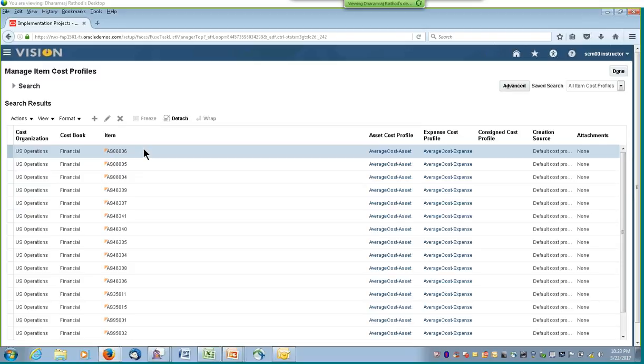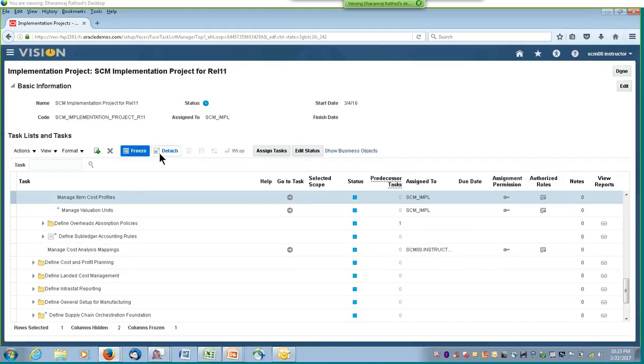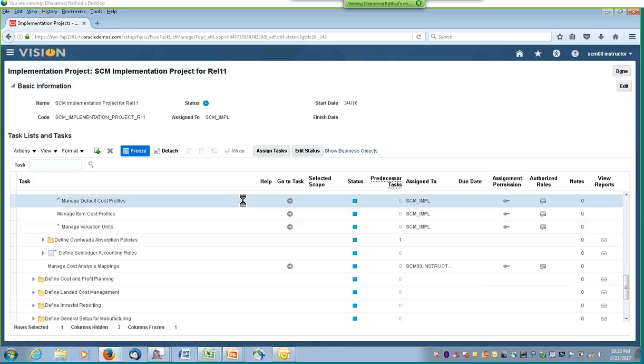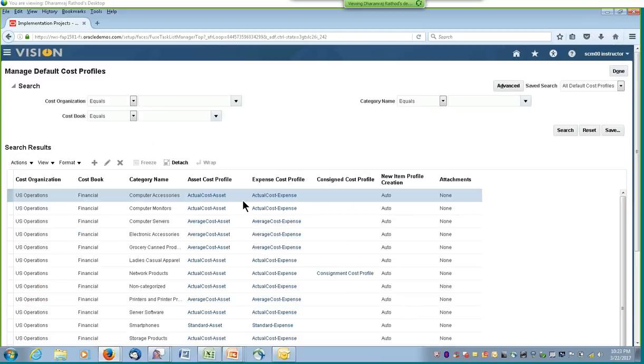But you have thousands of items. Do I need to come in this UI and then manually add the cost profile? Answer to that question is no. You could do that if you want. If not, then go over something called default cost profile. Manage default cost profile. In manage default cost profile, you can